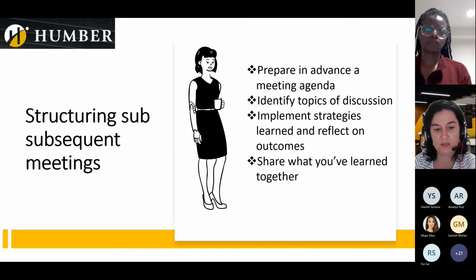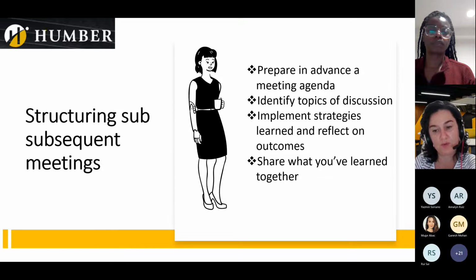Prepare in advance a meeting agenda, as I mentioned in the previous points, and I will show you how to have access to an agenda in the IGS portal through the mentorship workflow. You can download a copy and always have it prepared in advance for your meetings. Ensure that you send the meeting agenda to your mentor a few days prior to your scheduled day to allow them time to prepare for those topics of discussion. This way, your mentor will have the means to come up with the right approach.